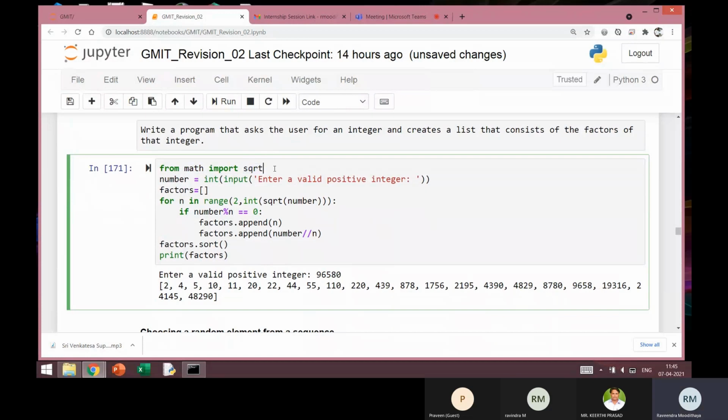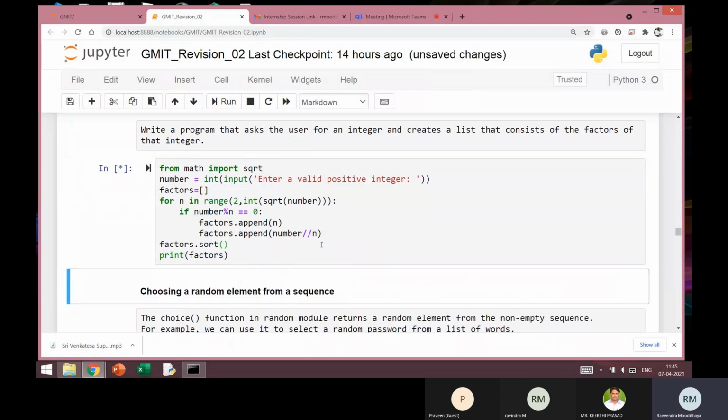suppose I give a number 1500. I can find all the factors of that number by searching the numbers from 1 up to square root of that number. I don't have to search beyond that. I can easily find all the factors by searching a subset of numbers from 2 to square root of that number. Okay, so for that purpose I'm using this. There's a very simple code. I think you can go through this just as an example of